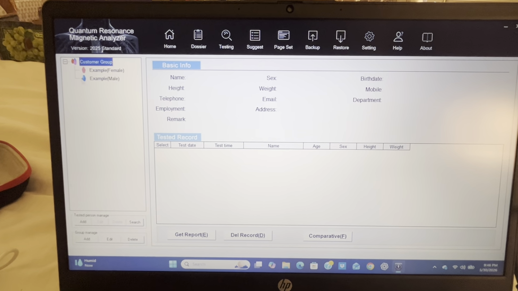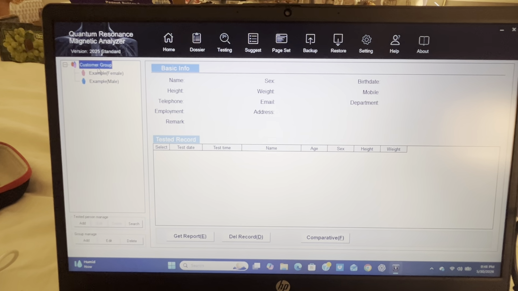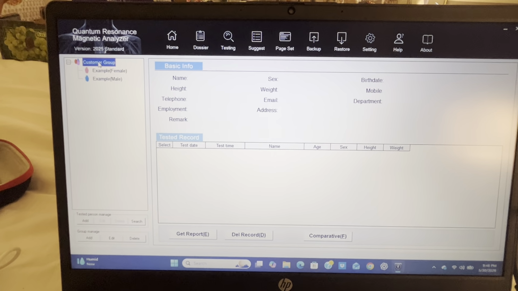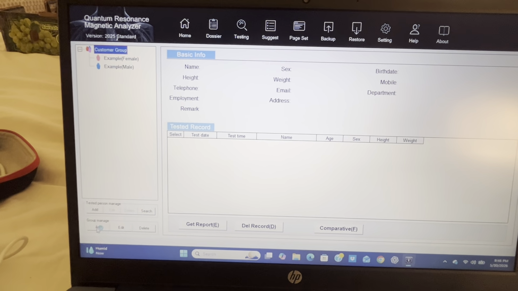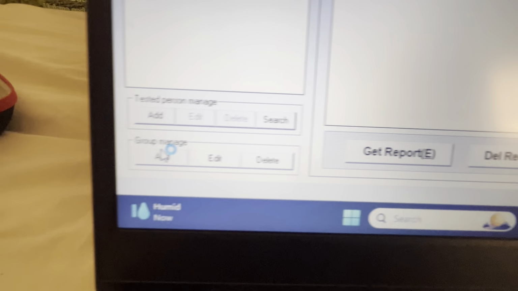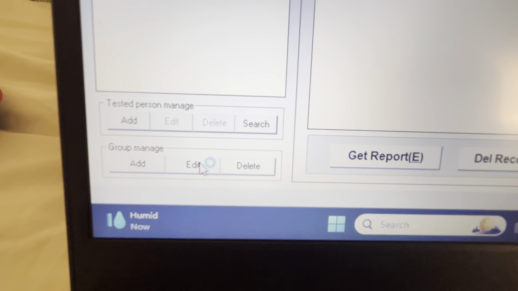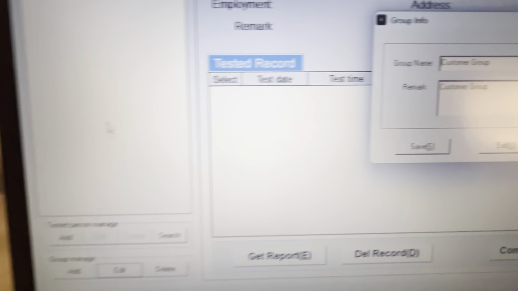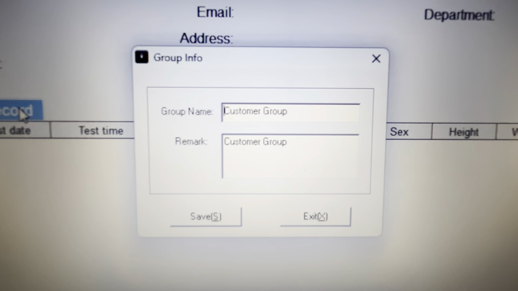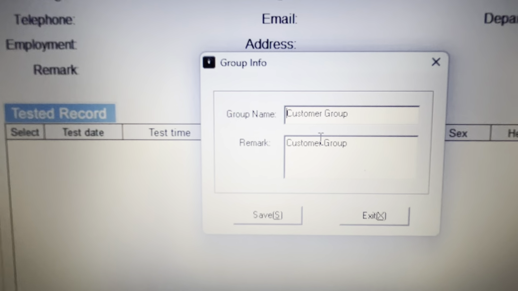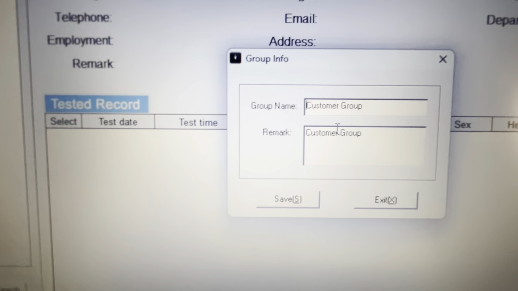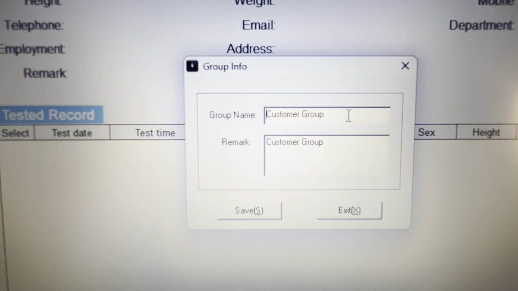Look over here. You can change the name of this customer group. You can also go down here, see this is group manage. This is where you change the name of the group. You can edit it, and right now it says that the group name is customer group and the remark for it is customer group. You can change this so that if you're doing an event, you can change this to